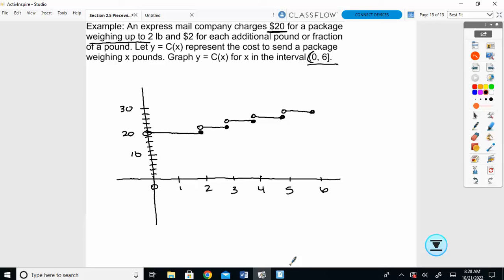So if my package is 5 pounds, I could look at my graph and realize I'm paying $26 to mail it. If it's 6 pounds, I'm paying $28. Okay, I want to give you guys some time to